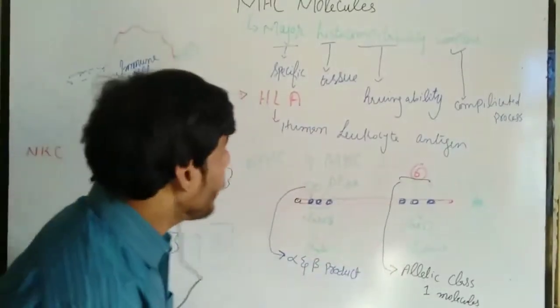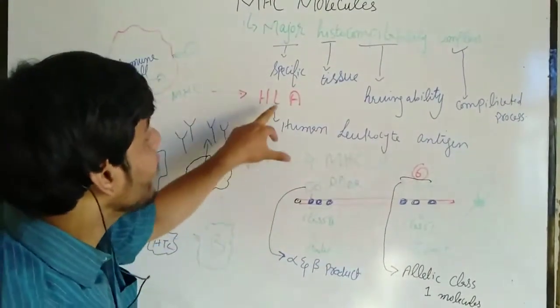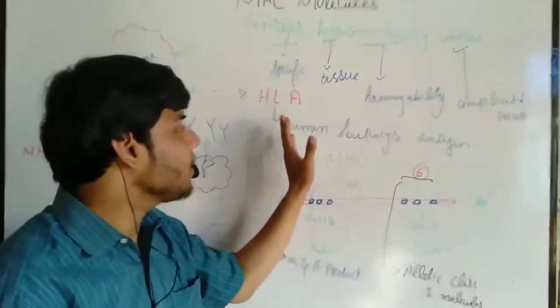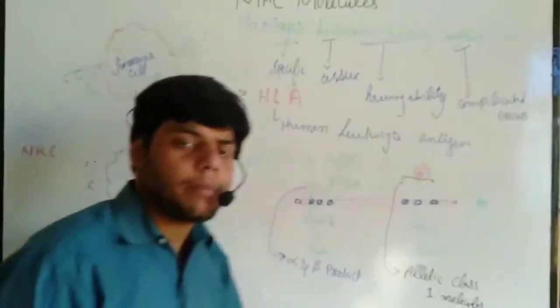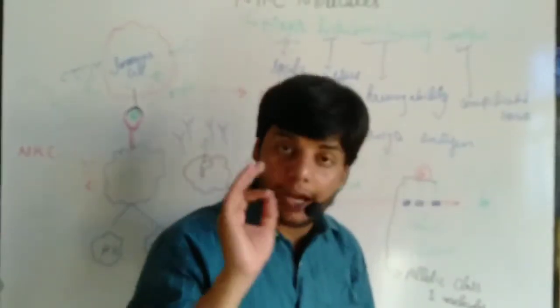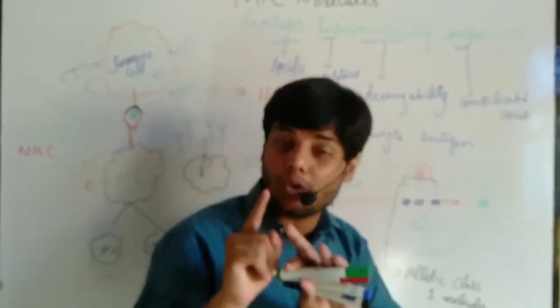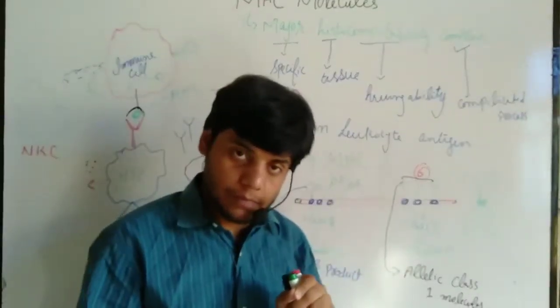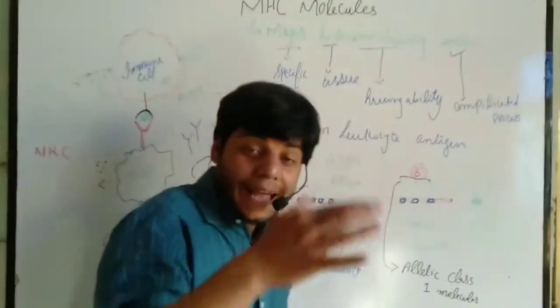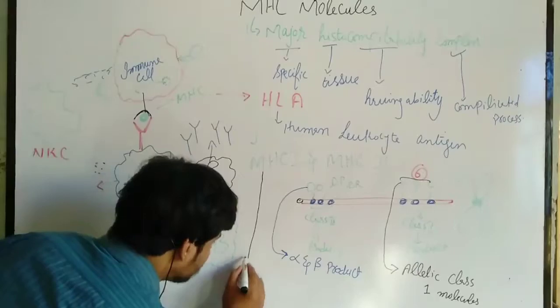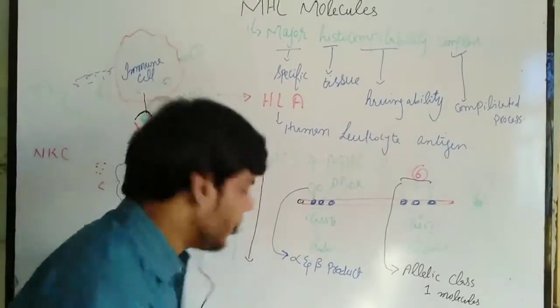So what we actually studied is that when the MHC molecule is present in chromosome number 6, we call that human leukocyte antigen. But remember, in mice it is usually present in chromosome number 17, and in mice we call that the H2 complex. So that's very important. The MHC1 molecule is usually present in all nucleated cells,